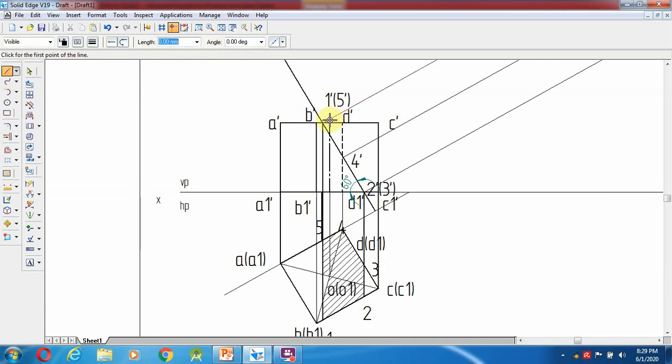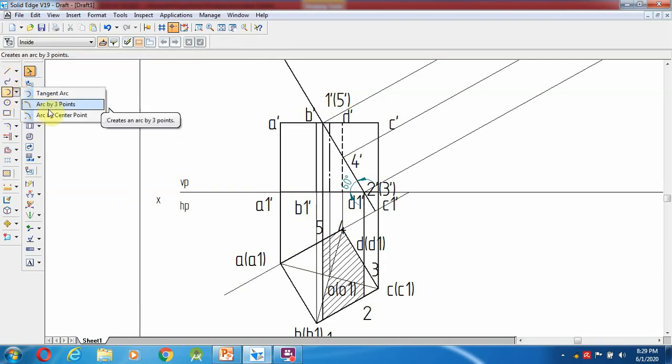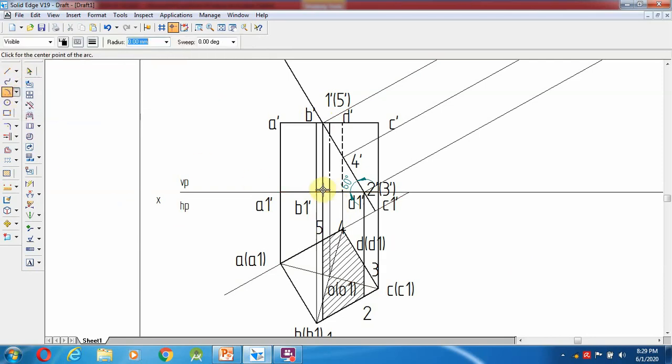So select a line from here, or otherwise if you want, this is one method, or select arc by center point method, so from here to this point to mark, so what is the thing? 20.82.